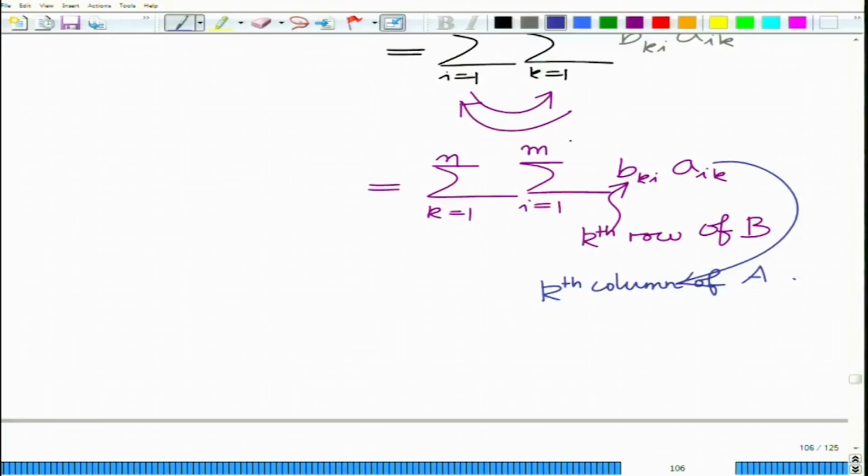You are taking BA, kth row and kth column,